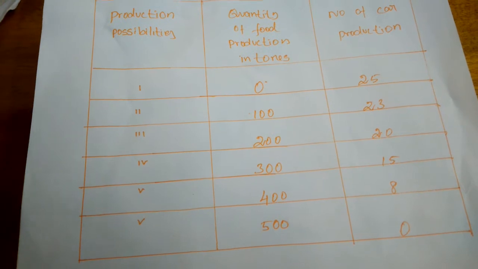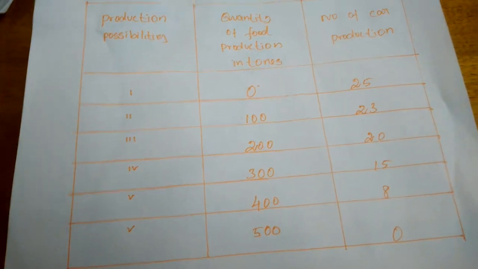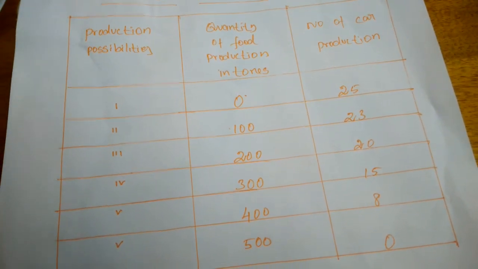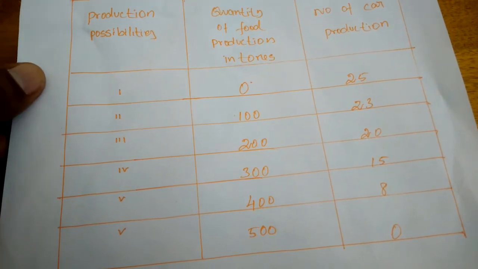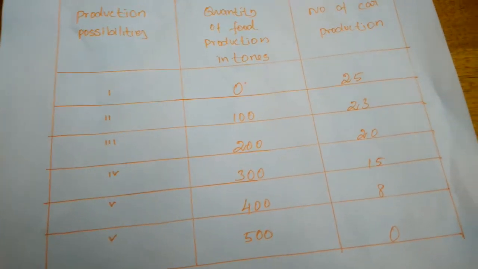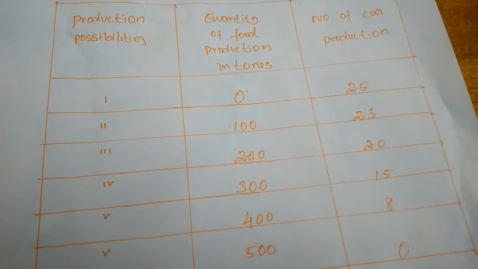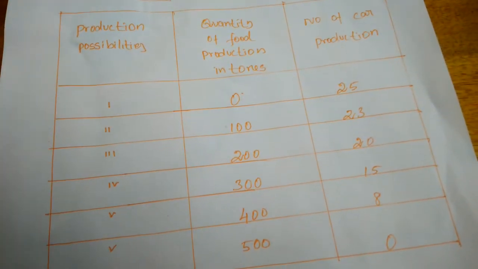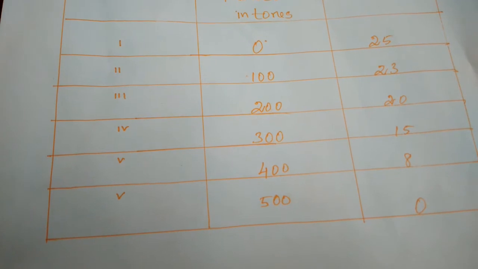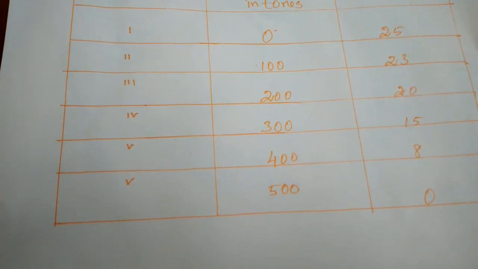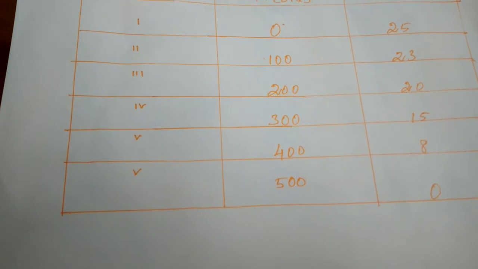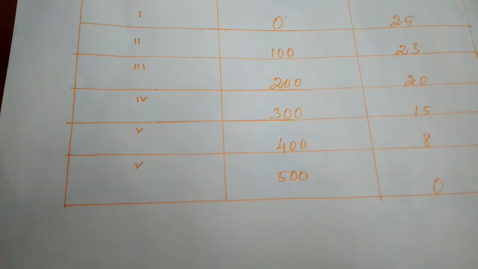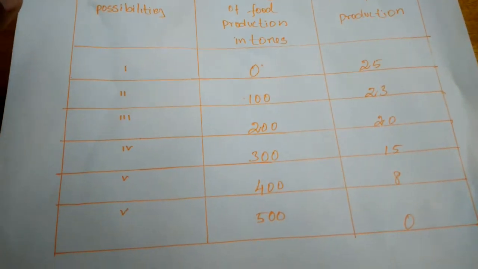The factors of production can move from producing one commodity to another. Next, the factors of production are given in fixed quantity and quality. The same quantity and the same quality only. So the factors of production have to adapt to producing the commodity. Next, the law of diminishing returns operates in production. As I told you yesterday, when we make an investment, the profit will be less; when the profit is much lower than the investment amount, it is considered diminishing returns.